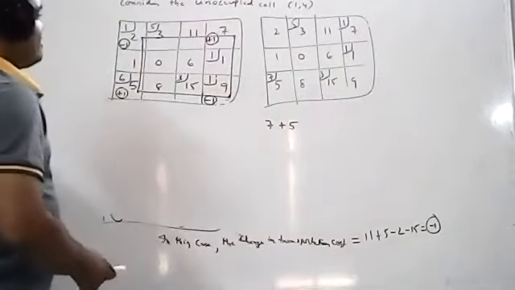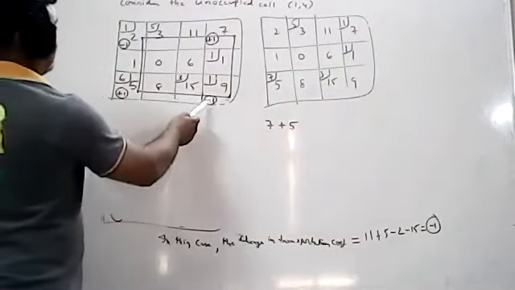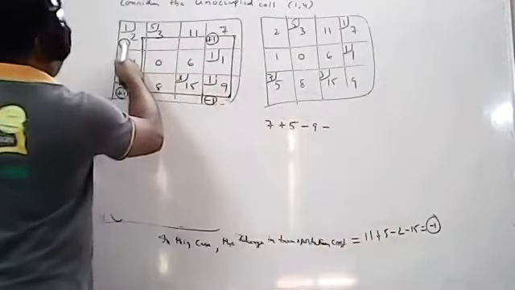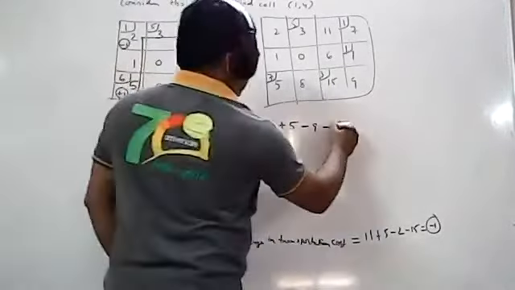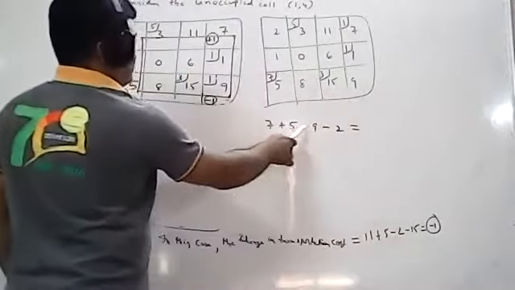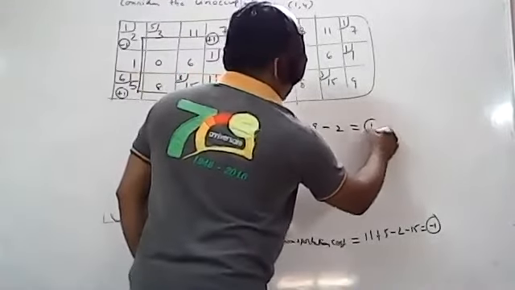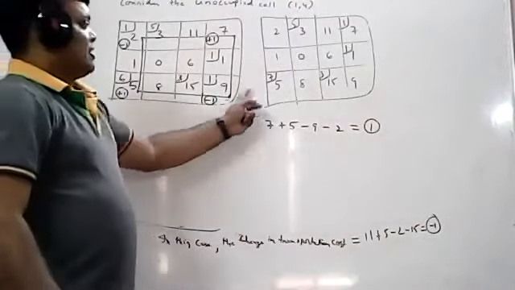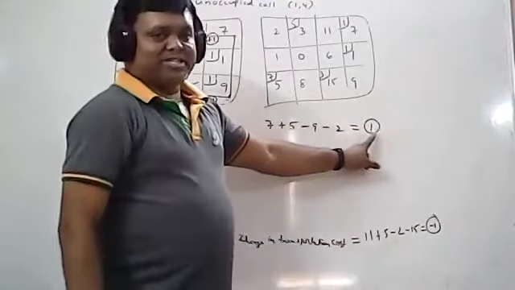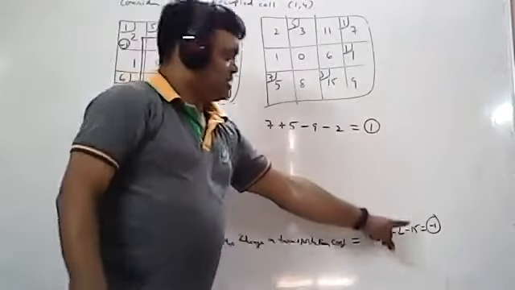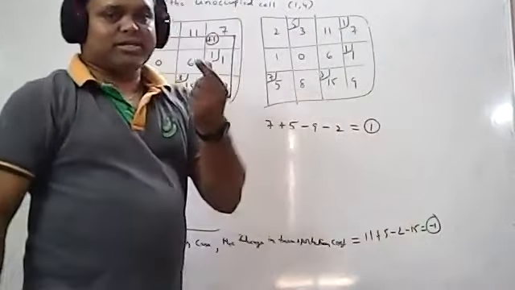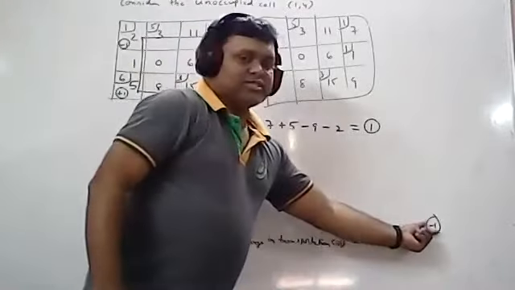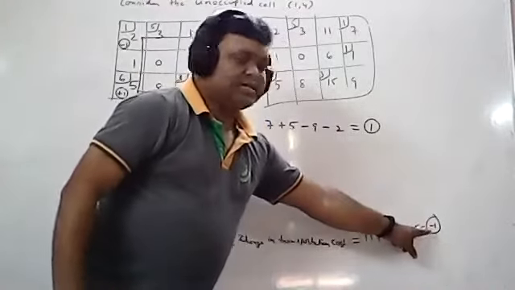And next do the minus values. So minus values means what? This is minus 1. Minus 1 means minus 9 is subtracted. This is also minus. Minus means minus 2 is subtracted. So that means what is this value? 12. This is 11. 12, 11 means 1. 1 means increase. So what is the solution you got? If you take this one, 102 plus 1. And this is increase. This is decrease. Like that you can remember. 102 is the original value of VAM. So 102 minus 1. For the first unoccupied cell, if you consider, you are getting 102 minus 1.